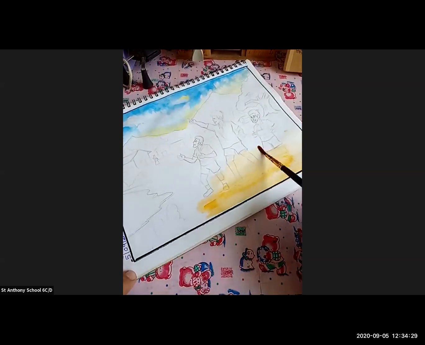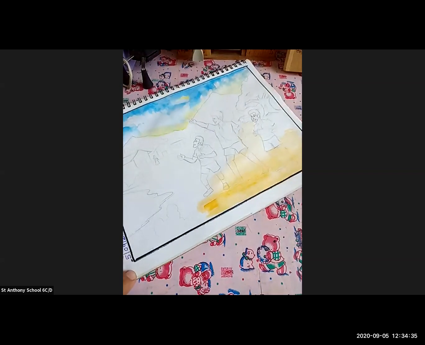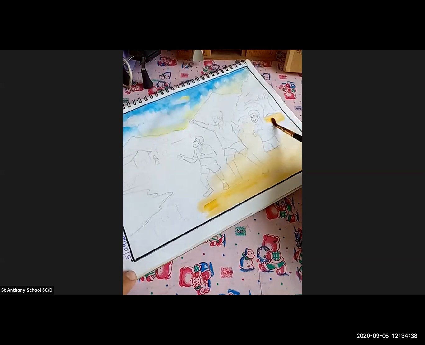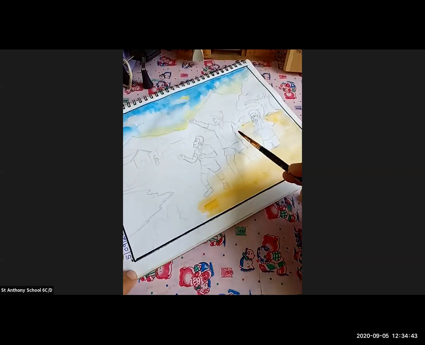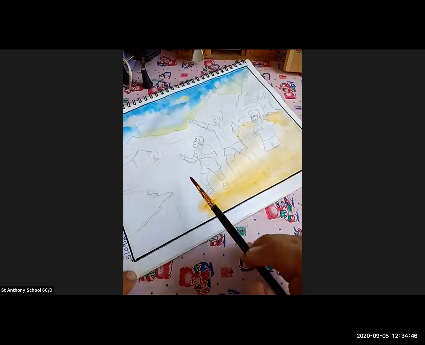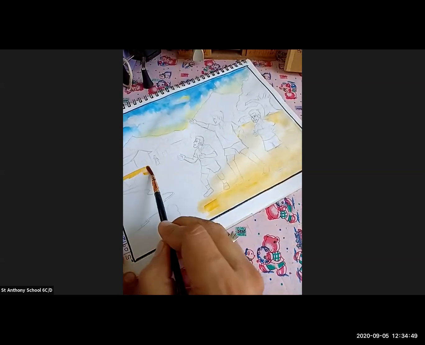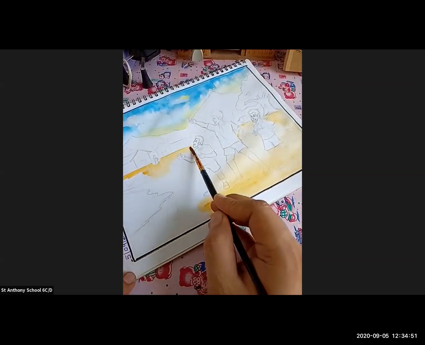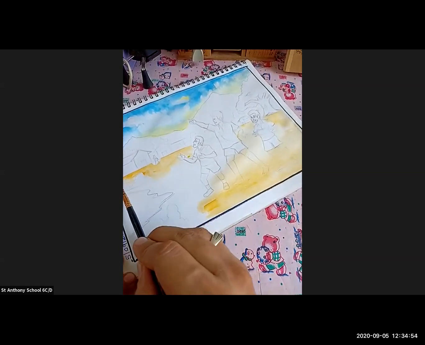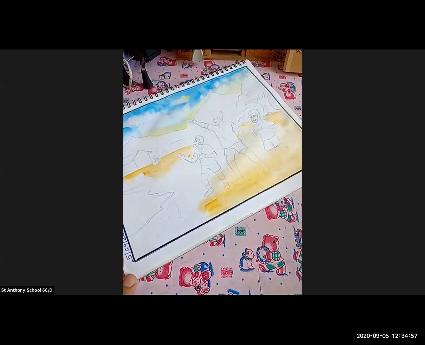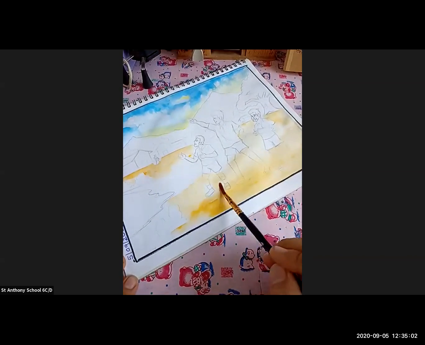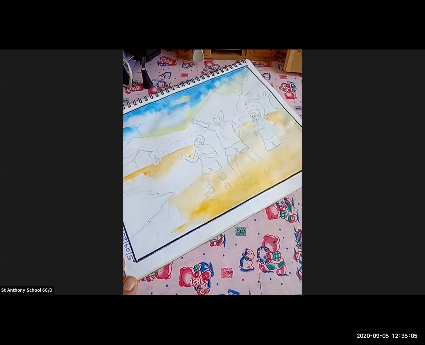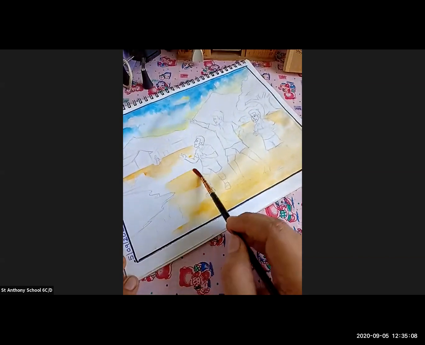How you're going to do it, just look at this. Color the background, color the ground over here. Here I'm using an ochre yellow shade, the light shade, for coloring the ground. Then as I complete with the light shade, I am going to use the dark shade. First I'm going to color it with light, each and everywhere spreading the ochre yellow. As I finish with this ochre yellow, I'm going to take a dark color and show the dark tone with the help of that brown color.